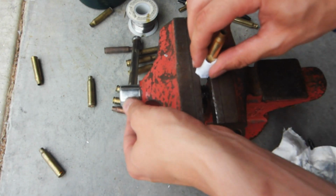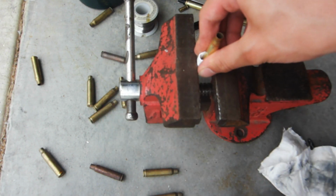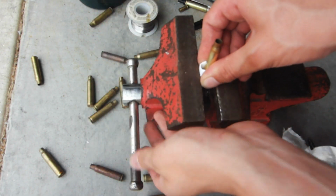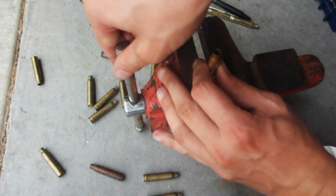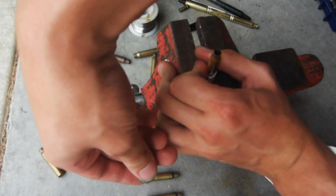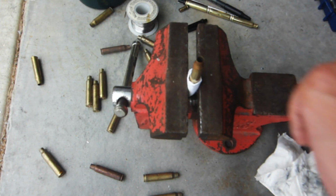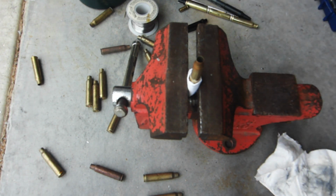So just like that. And then we want to make sure that we're clamping only on the actual head, sort of the top head of the case, because otherwise, like I said, these are super easy to crush and you will crush them easily. So we're going to have to clamp it down pretty hard, and the head of the case can take quite a lot of pressure before it starts to get crushed, but we don't want to push it. But we also want it in there tight enough so that the jaws of the vise don't start eating at it. So we're going to take and obviously put a bit in our drill, and